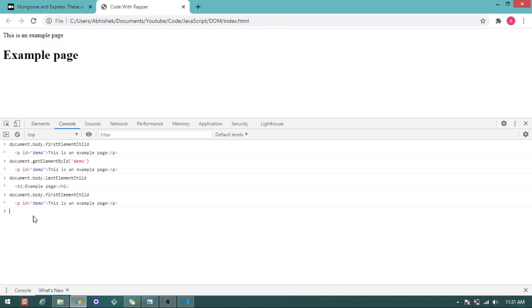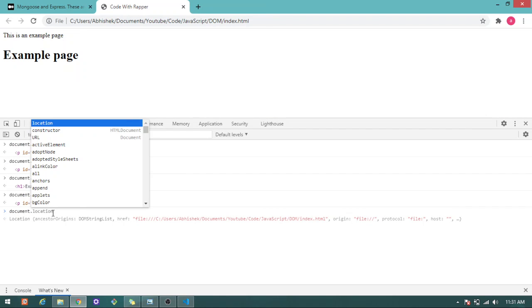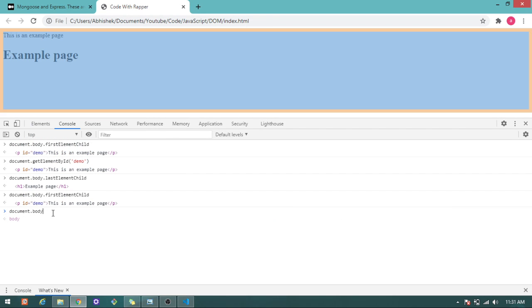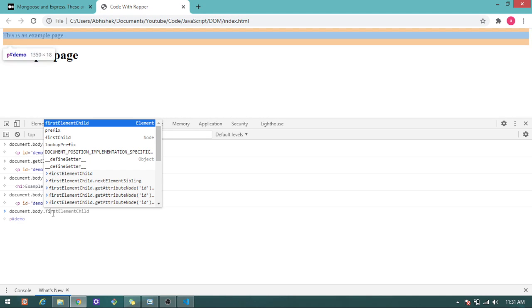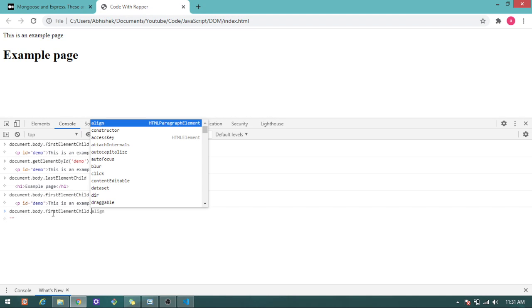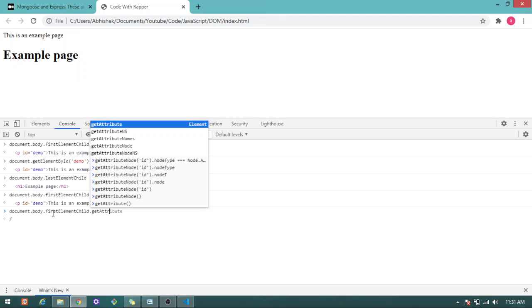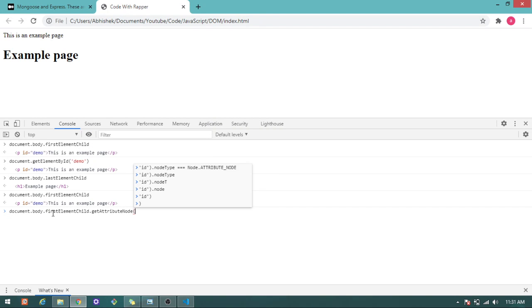So we will try to access this attribute. The attribute we saw, id equals demo. document.body.firstElementChild.getAttributeNode, and it is id.